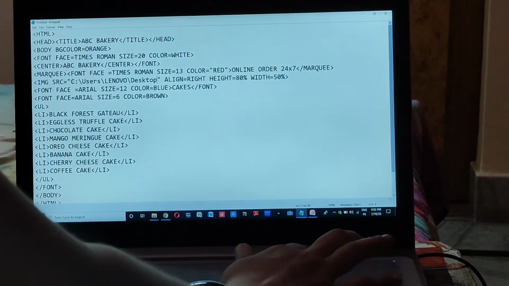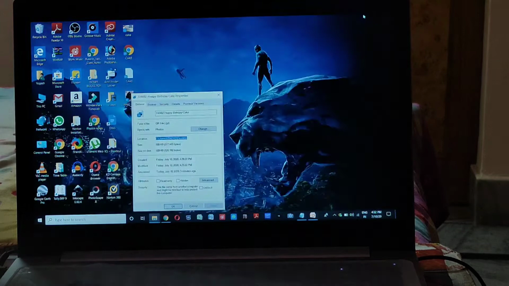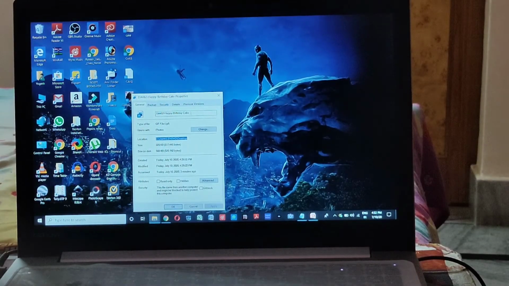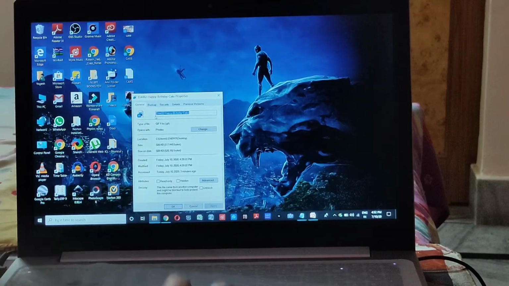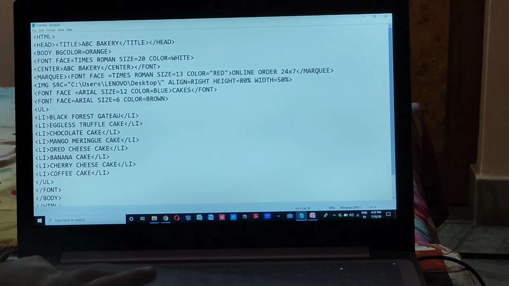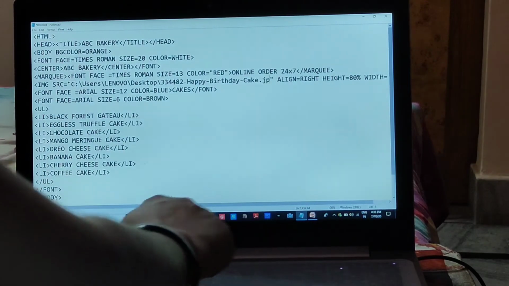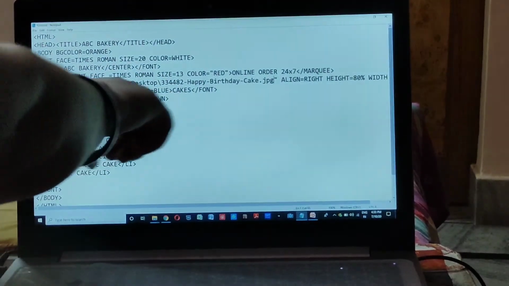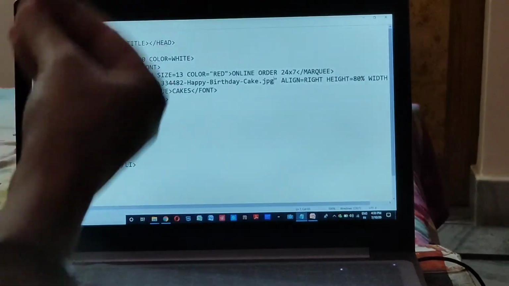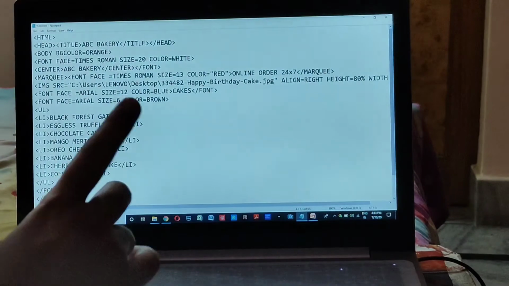You have to put this slash here, then you have to click again on the properties, and this is the name, right? Copy this name, Control C, and put this name on the notepad here, right? Control V for paste, and dot JPG. This is the complete path for your picture.